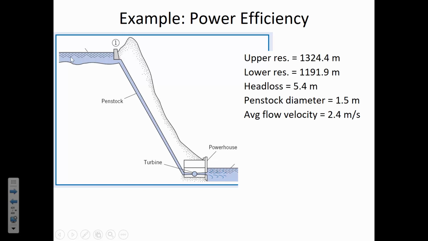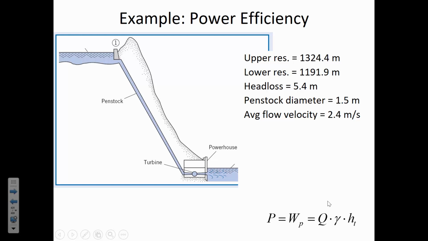If we know the elevation of the upper reservoir and the lower reservoir and have some function or given head loss that tells us for the flow rate in question how much energy is going to be lost as the water goes through that conduit, then what we're able to do is calculate the amount of power